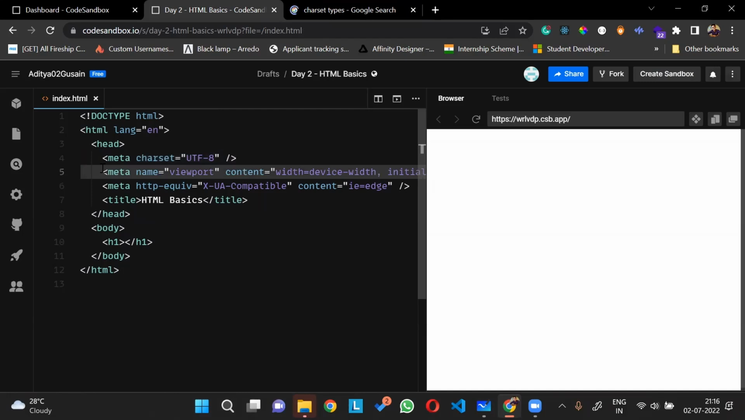And then after that, you have this second one, which has a name of viewport. So what exactly is it doing? It is doing something related to viewport. What is a viewport, guys? Viewport basically is